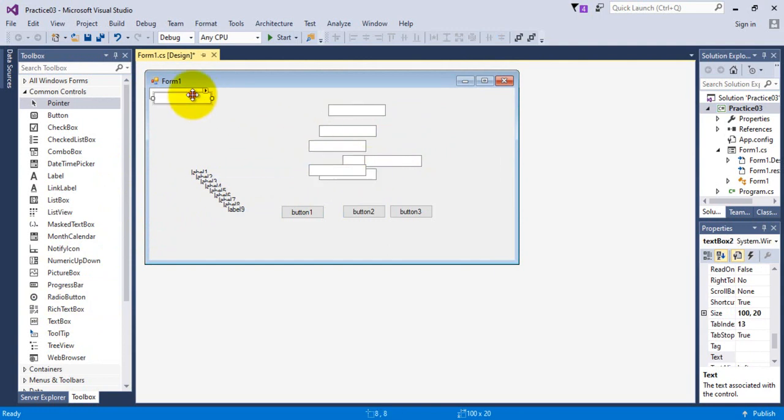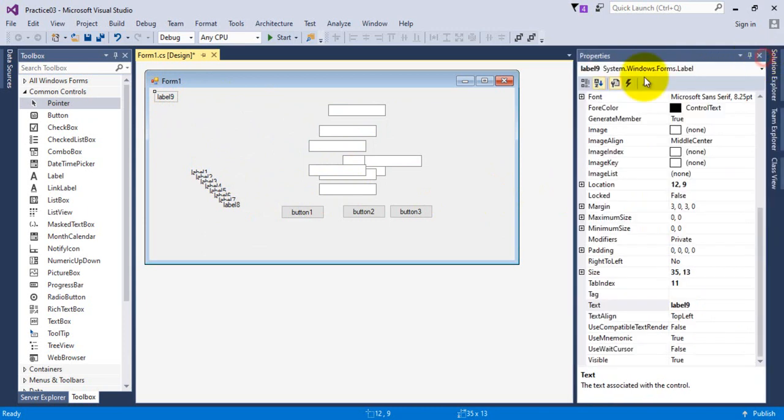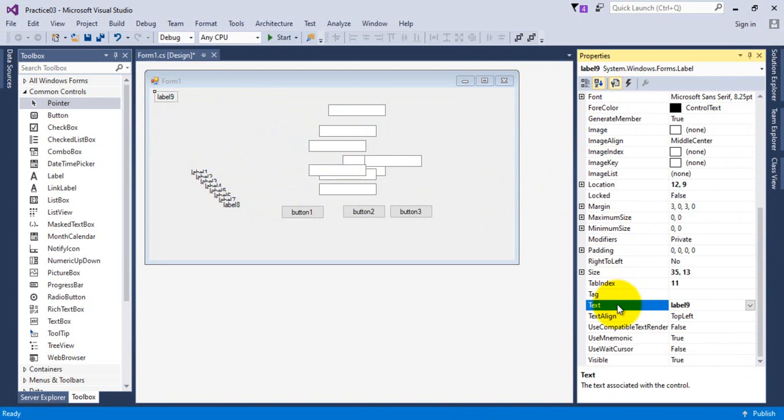Let me arrange these labels and text boxes so that we can come out with a nice interface. I'm going to expand this properties window, making the solution explorer hidden. First we will have the basic salary input. So the basic salary is entered here,